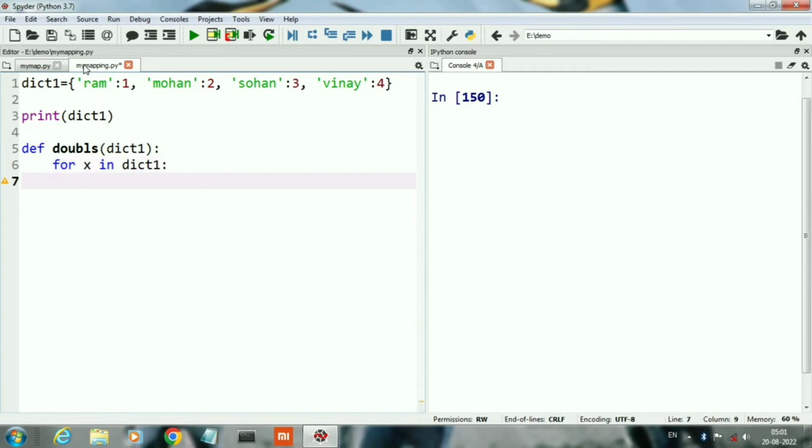And then we will just double the values of our dictionary. At last we will return our new dictionary with double values.